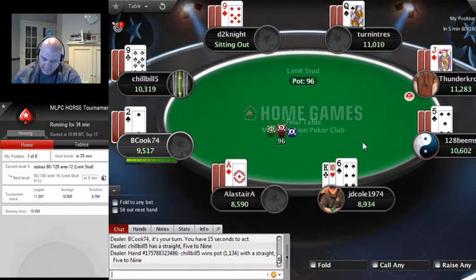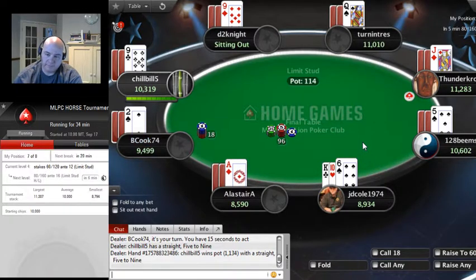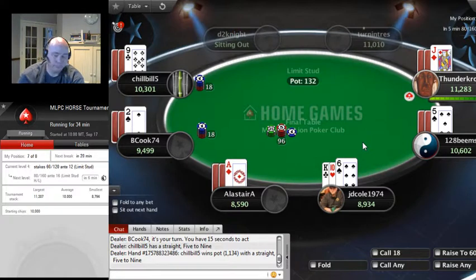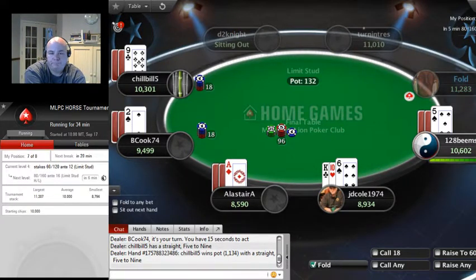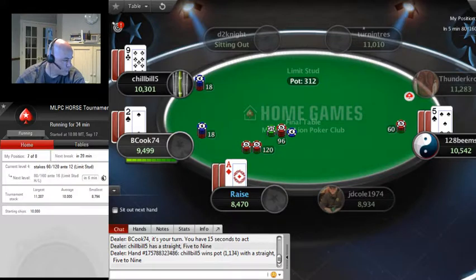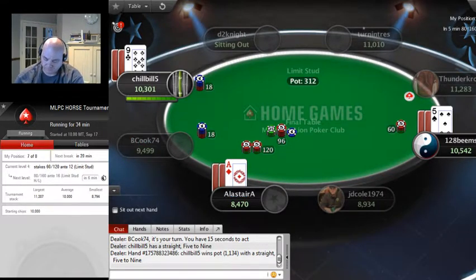Okay, King 10-6. It is not on my list. Therefore, I shall not play. Not on my list, I shall not play. Because again, I'm looking for tier 1, tier 2 hands. You know, early on I can...